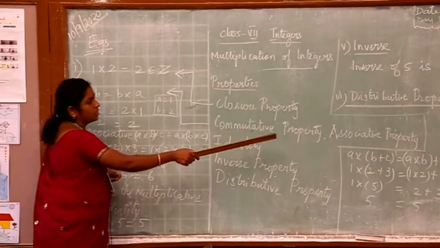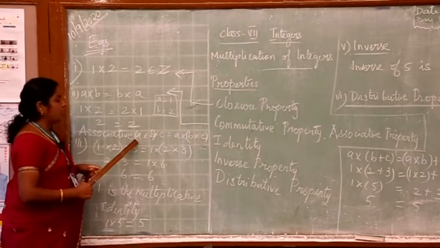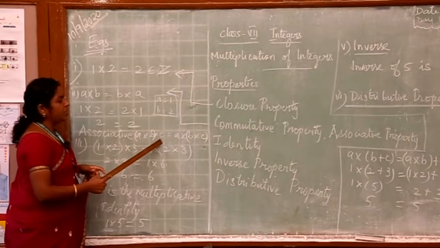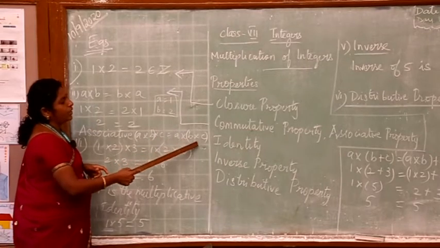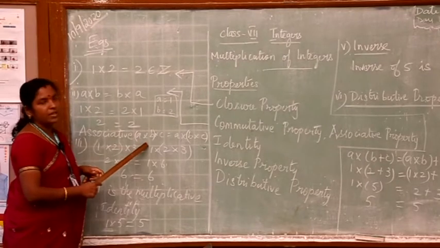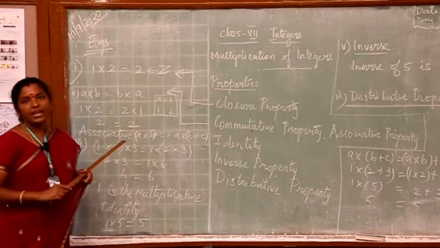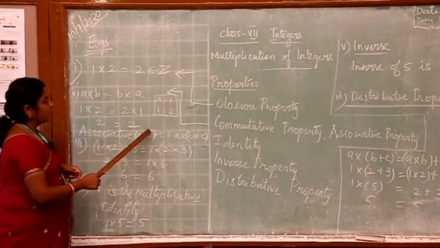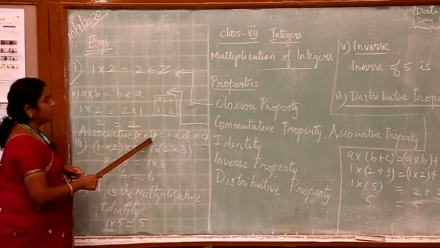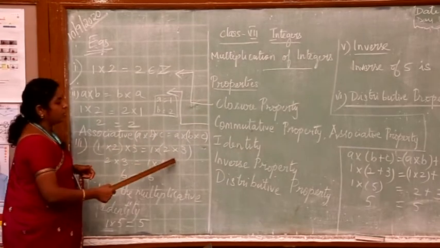So, we are saying this associative property also holds good. I repeat, associative property means (A into B) into C is equal to A into (B into C). Just the brackets are changing here. For the first two numbers we are giving the bracket on the left hand side, and for the last two numbers we are giving the bracket on the right hand side. Just substitute A is equal to 1, B is equal to 2 and C is equal to 3.